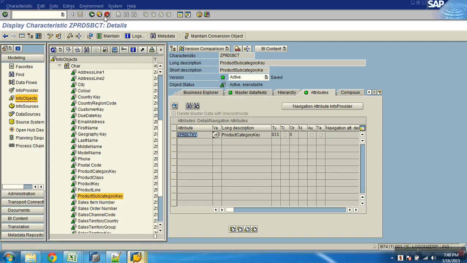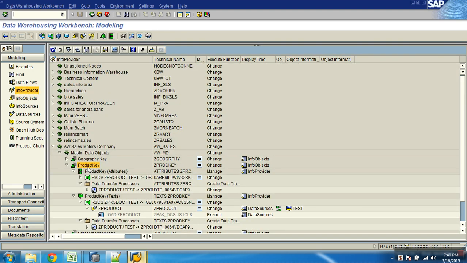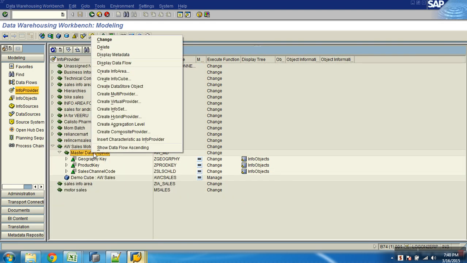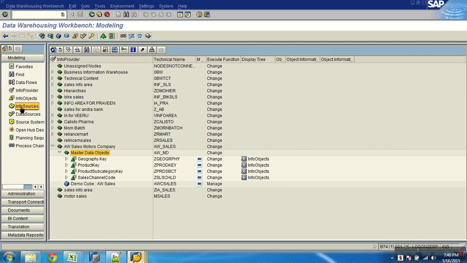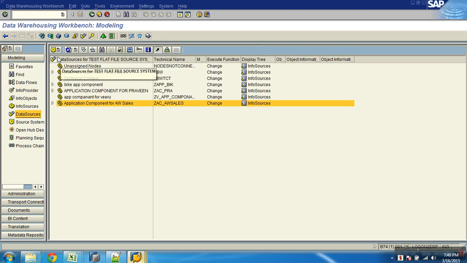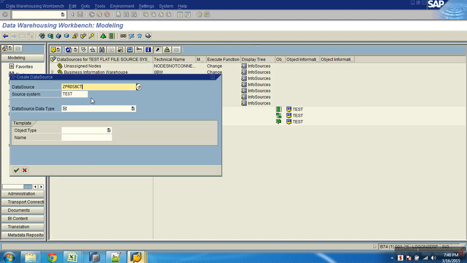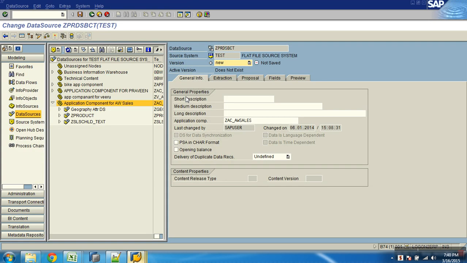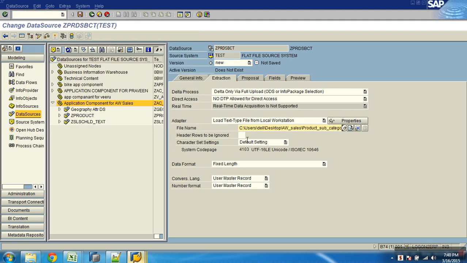Now I think you should be comfortable in doing this. Now let me convert this as what? I can go with what? Product subcategory.